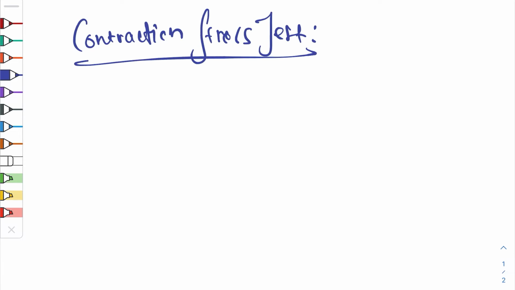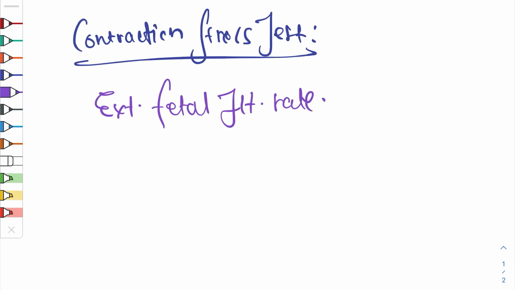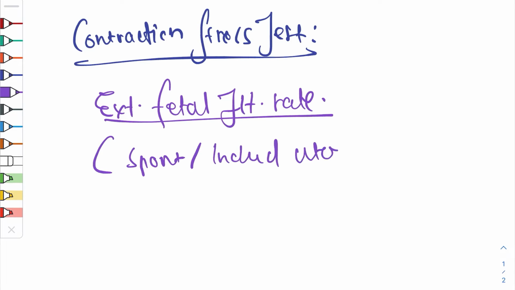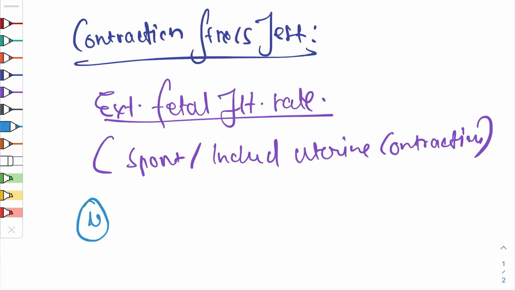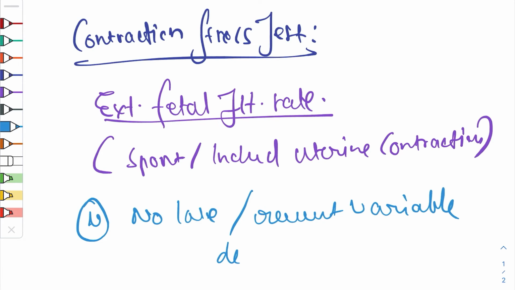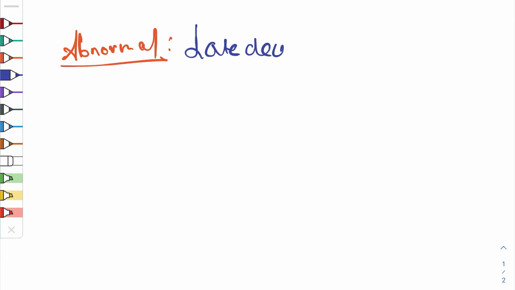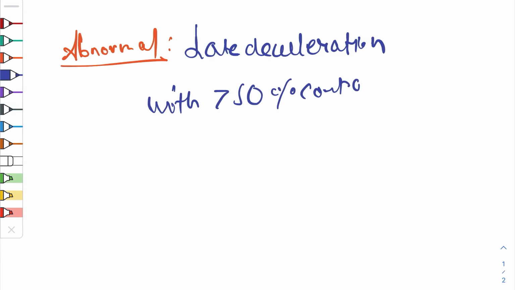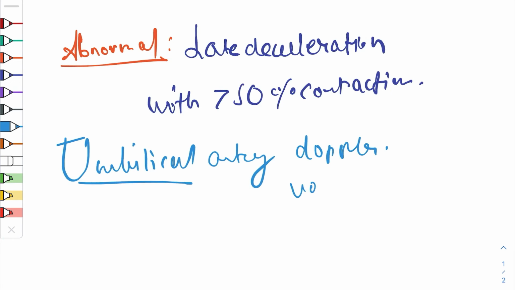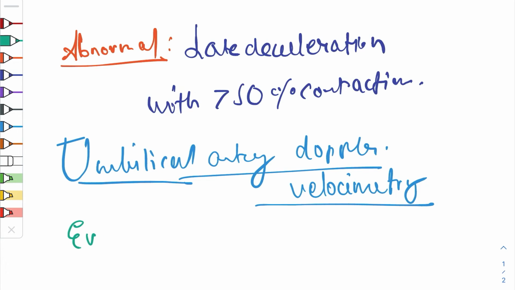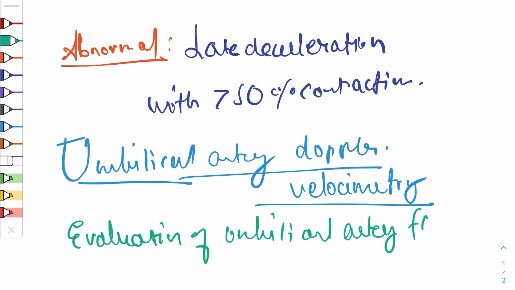Contraction stress test and external fetal heart rate monitoring. Spontaneous or induced uterine contractions. Normal is no late or recurrent variable decelerations. Abnormal is late decelerations with greater than 50% of contractions. Umbilical artery Doppler velocimetry, evaluation of umbilical artery flow in